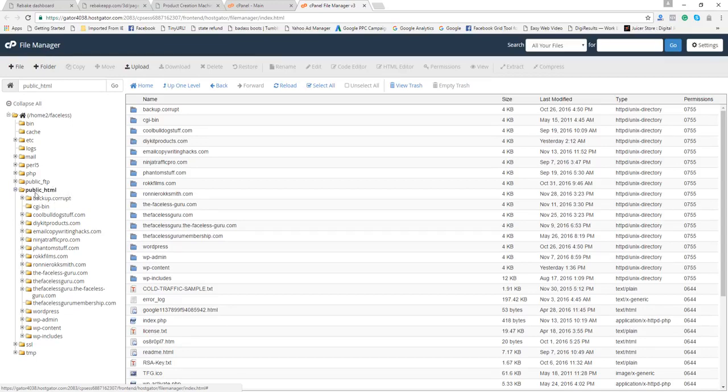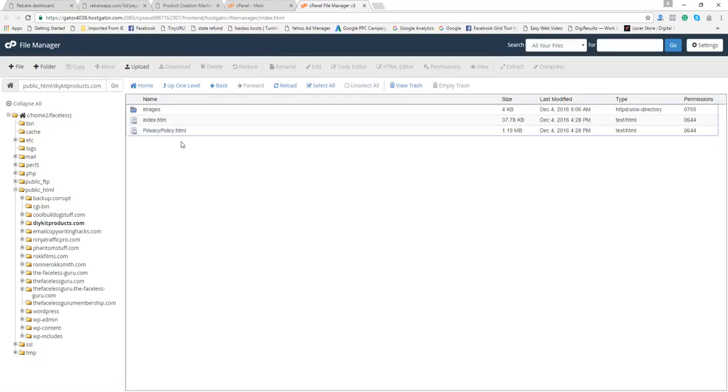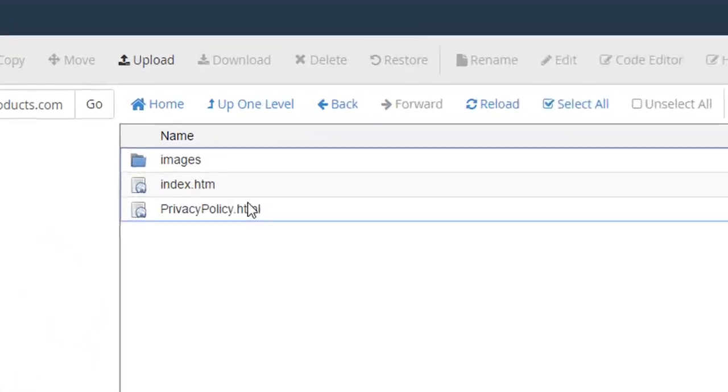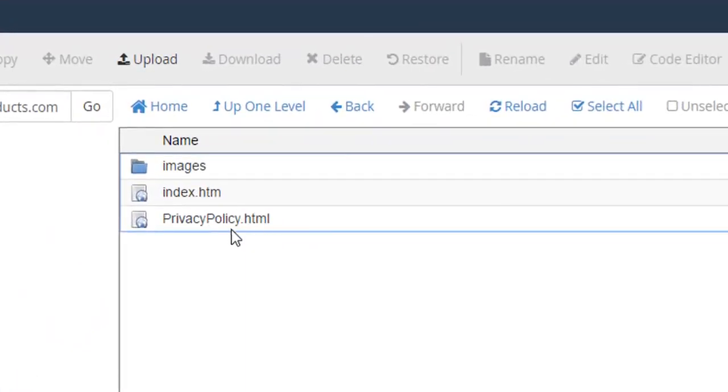So I'm inside my public HTML folder here, and I have multiple websites under one domain. Okay, so that's why you're seeing all these folders. These are all websites. So I'm going to go ahead and select the folder with the website that I'm on here, which is here. So these are the actual files right now that we're editing in Rebake, okay? What I'm going to want to do is copy over these with the new baked file. So as it stands, I'm not going to touch these yet because I'm not finished saving my Rebake